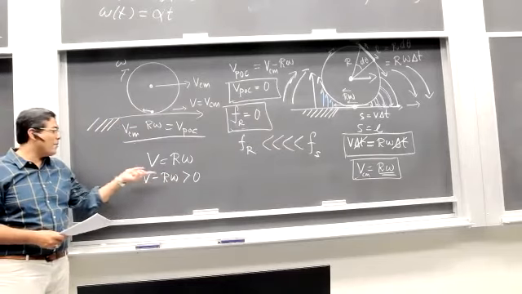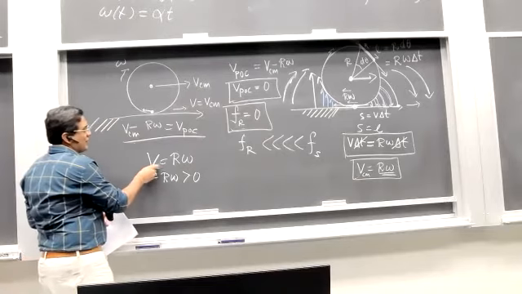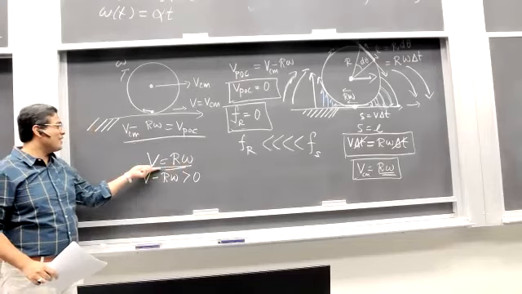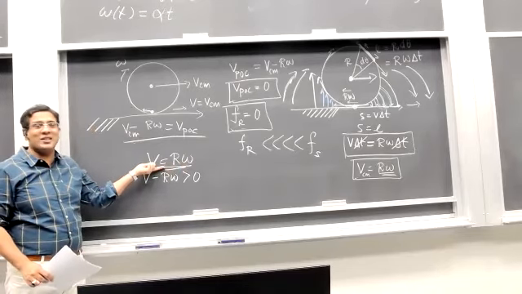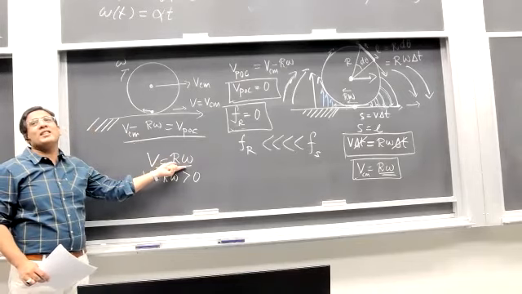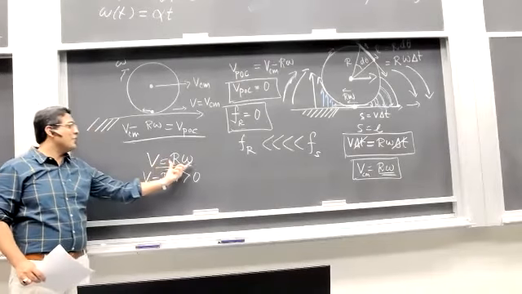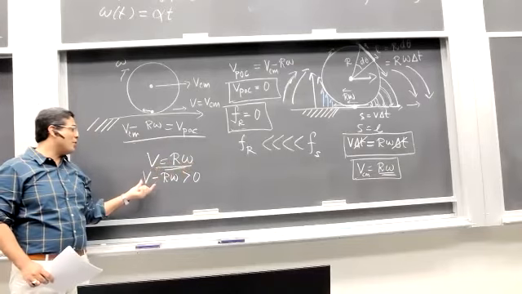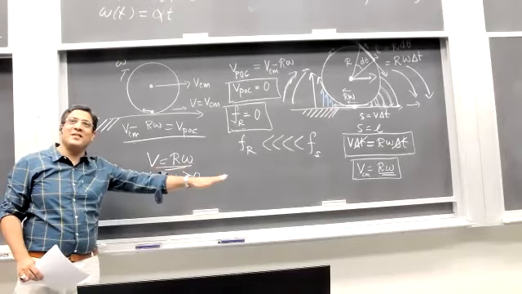When you apply brakes to the car, you break this equation, because before brakes, the velocity of the center of mass of the car is exactly equal to the tangential velocity of the wheels, r omega. Once you apply brakes, you reduce r omega. v remains the same, so v becomes larger than r omega, and what you get is forward skid